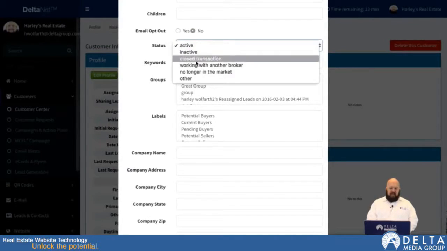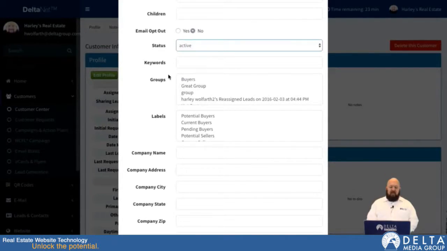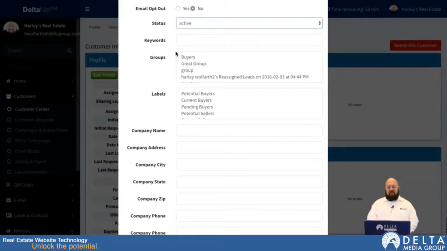Now you can change their status, just predefined statuses in here that you can sort by outside of this page. You can add keywords that you can search by on the other page, the processed leads page under leads and